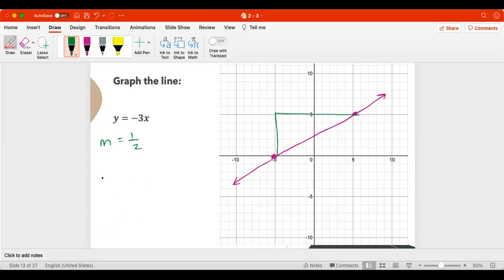I have a little bit of problem with the y-intercept because the way I've drawn this, it looks like it might go through a half, but if the line's not exactly straight, I can't tell just by looking at it. And I don't have an equation to plug in 0 for x yet. So we're going to learn how to write an equation for this type of line. And that is called the point slope form, okay? And we'll be able to find the equation of this. So point slope form